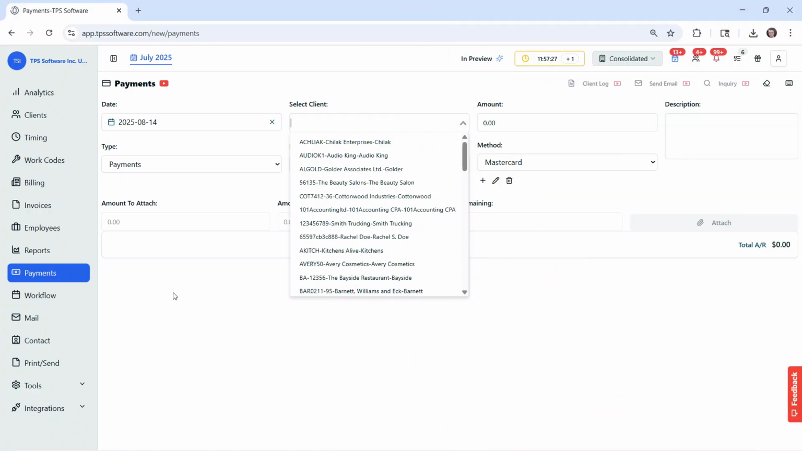You've done the work, you've put in the time, and now you need to get paid. Whether it's a basic payment, a prepayment, or an adjustment or write-off, you'll find it's easy to take care of in TPS Cloud Axis. Keep in mind that this is just a quick overview,